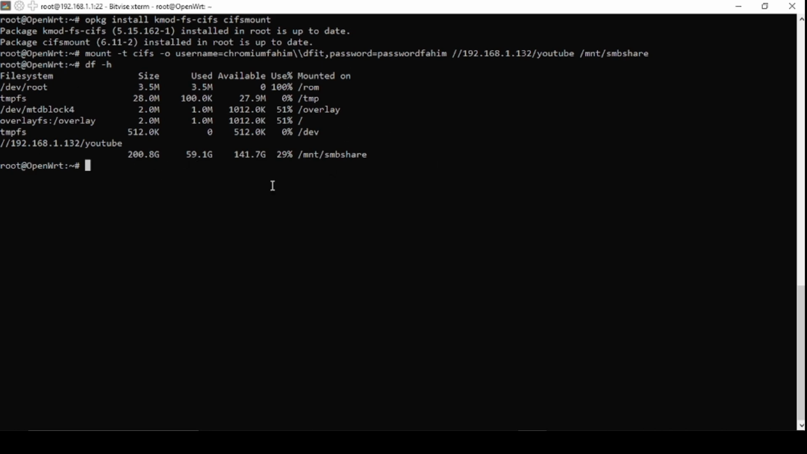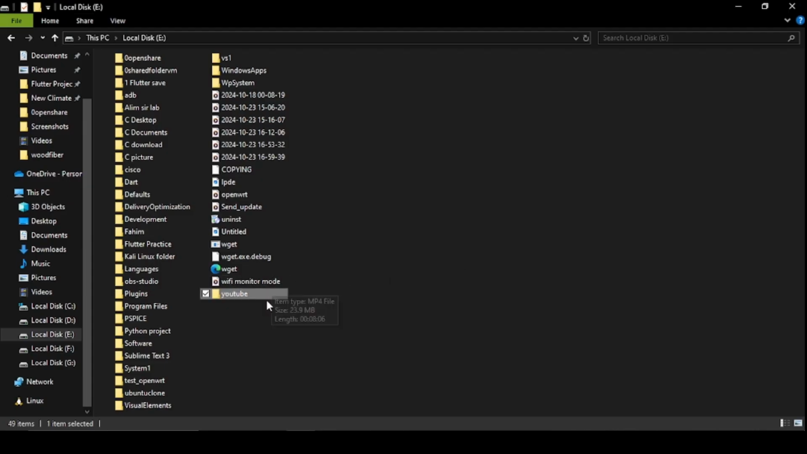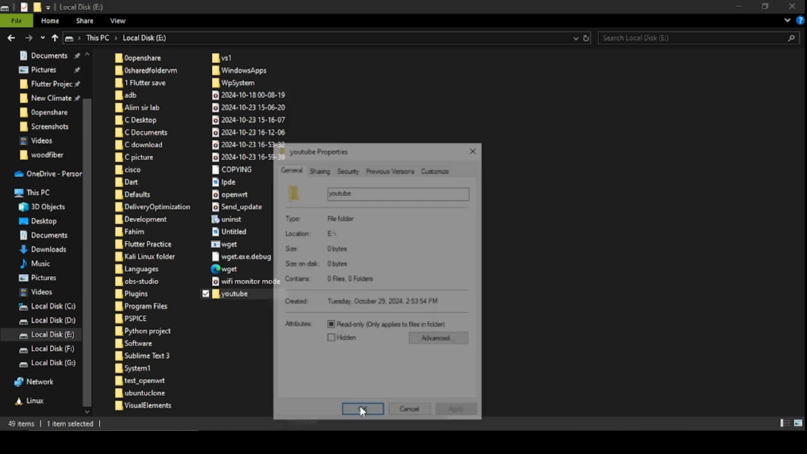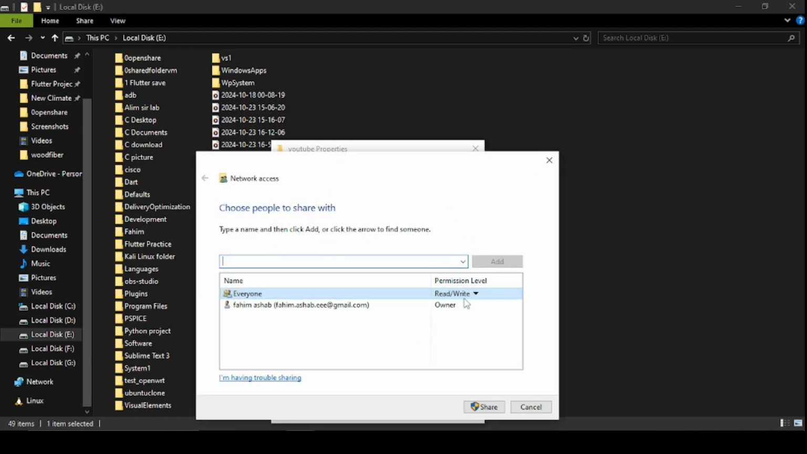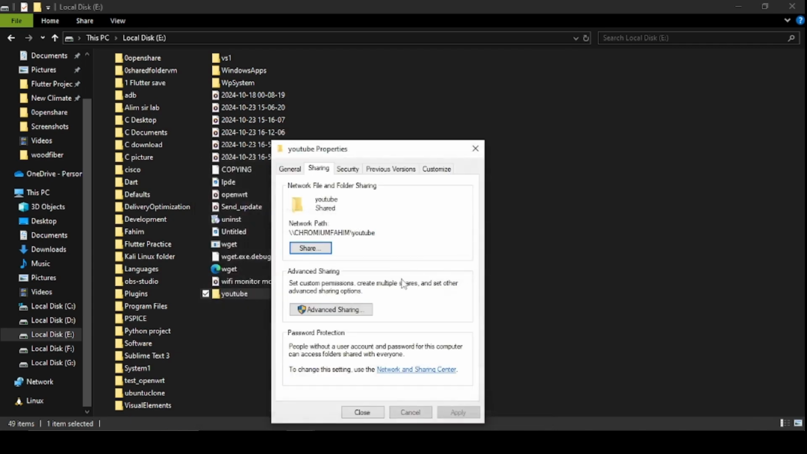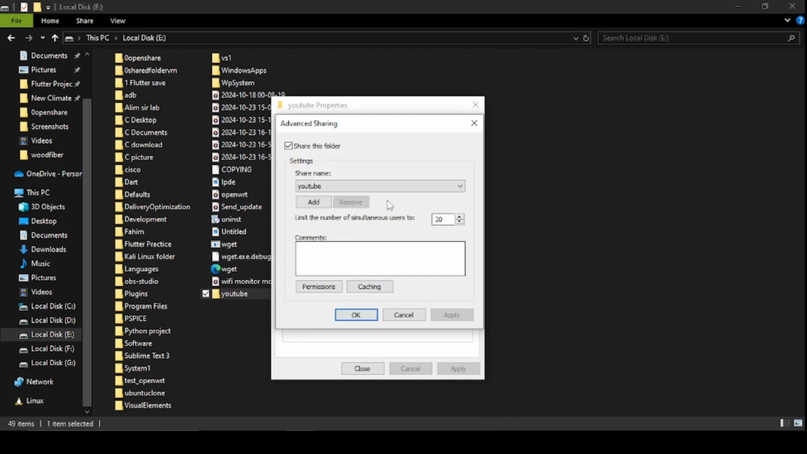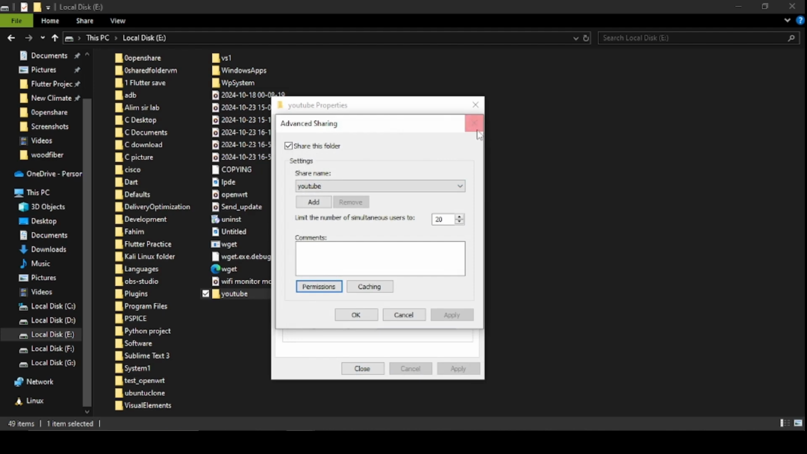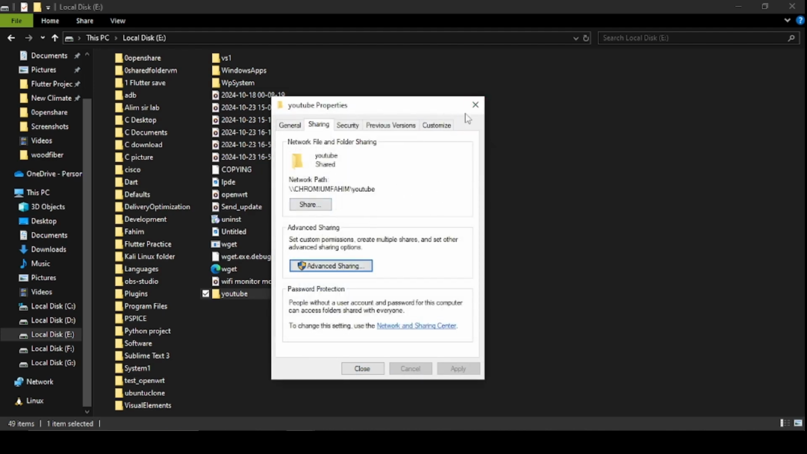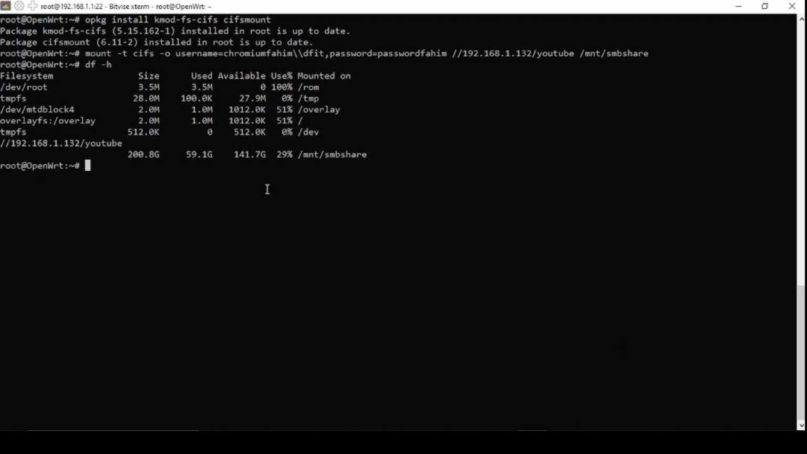If I review this, first of all you need to create a folder, and then give sharing permission. Make sure everyone is selected, and read and write permission is given for everyone. You may also need to check the administrator and everyone permissions. All you need to do is share. Next, you have to give your computer username, in my case Chromium Fahim